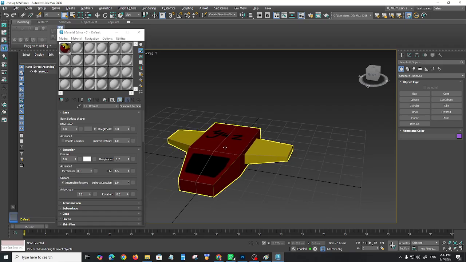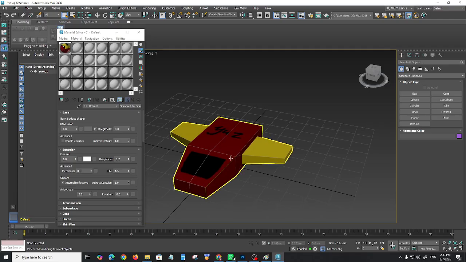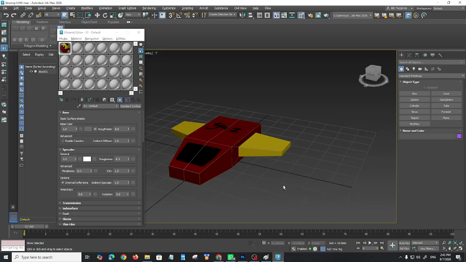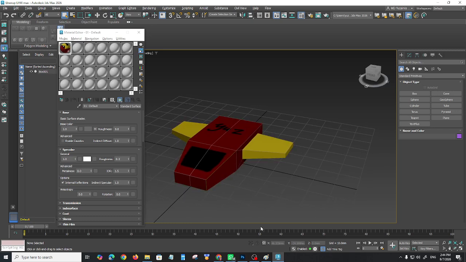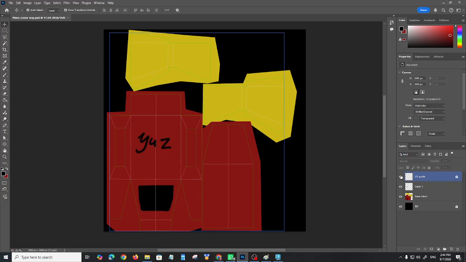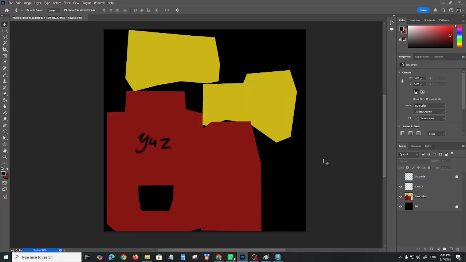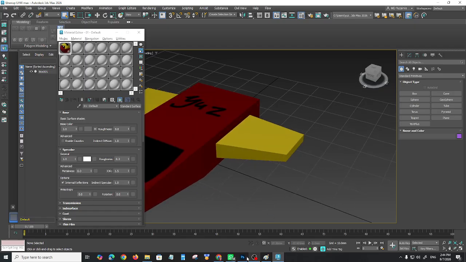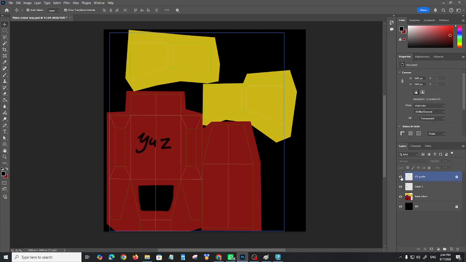Alright, I have closed my 3D Max and I have opened it back. It's like a bug sometimes that warning comes out in Photoshop. So for example here, still in the PSD, and I have my 3D Max that I have just reopened. When I close the UV guide and then hit Ctrl S, see it saves, and when I go back to 3D Max, it should update and I can work simultaneously. So sometimes when that error happens, you just need to close your 3D Max, save your Photoshop file, reopen it back again,